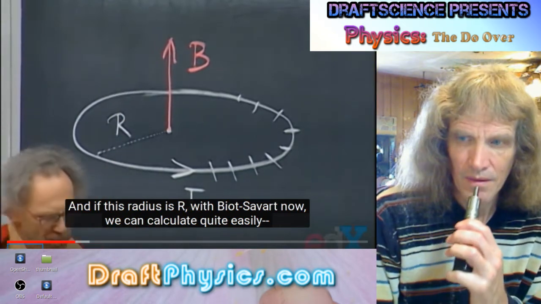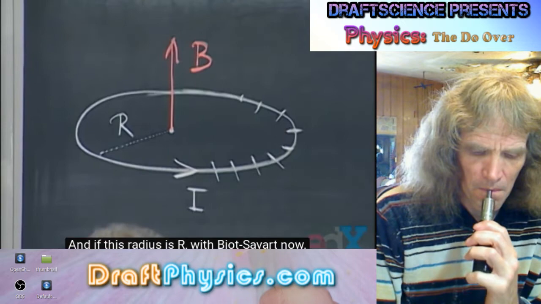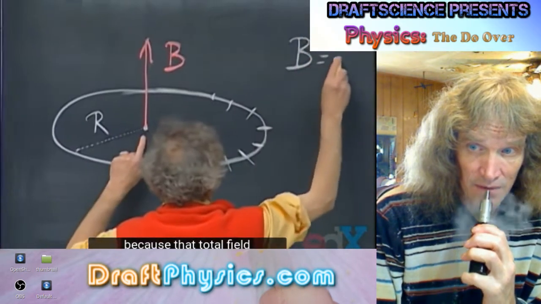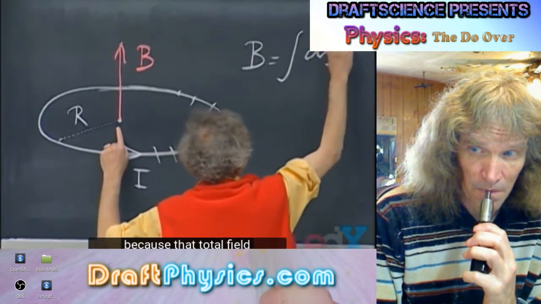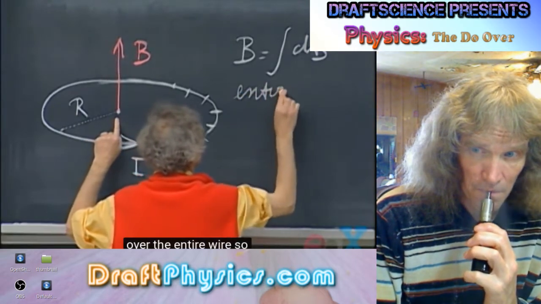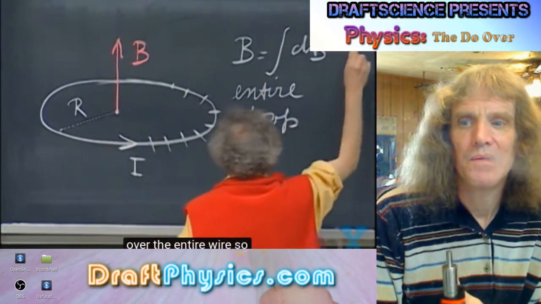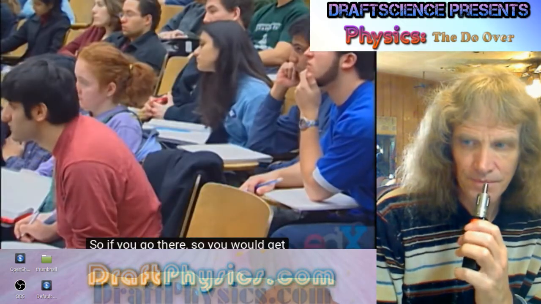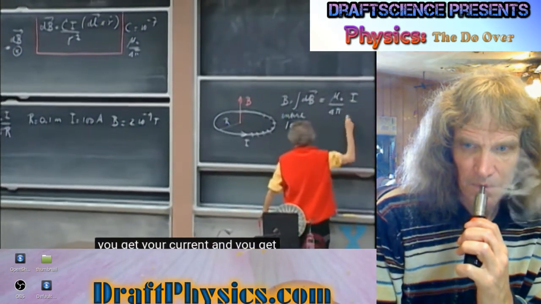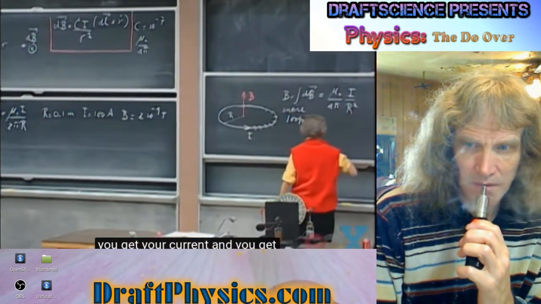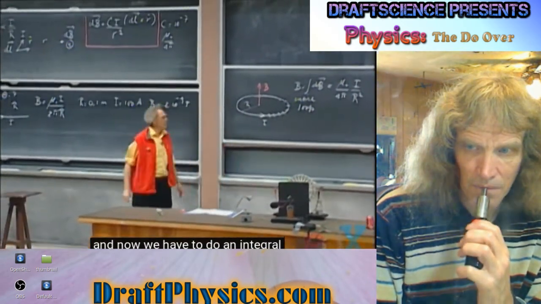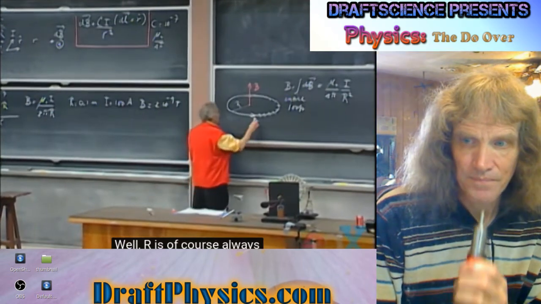If this radius is r, with Biot-Savart now, we can calculate quite easily the total field that you would get at this location. Because that total field is then the integral of dB vectorially over the entire wire, so the entire loop. So if you go there, you would get your mu 0 divided by 4 pi, you get your current, and you get your 1 over r squared, and now you have to do an integral over that dl cross r. Well, r is of course always